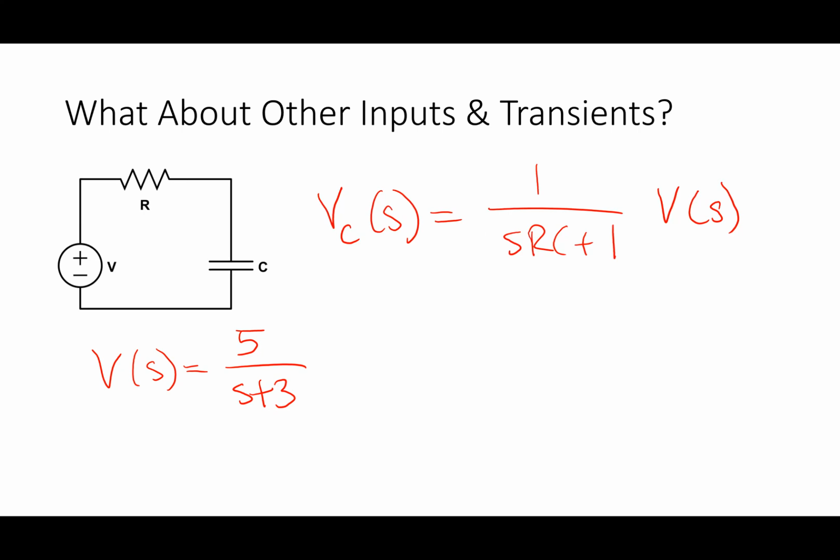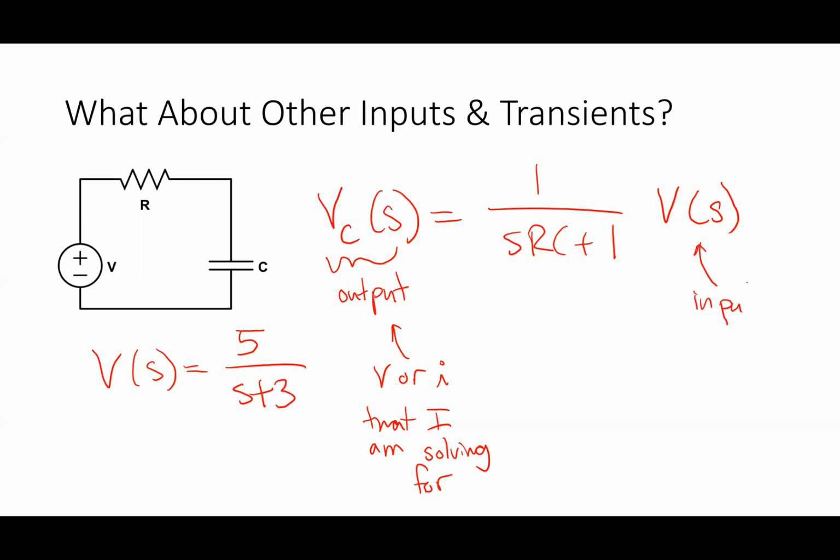So what it looks like, I keep using this term, and I'm going to refer to it again. This guy is what I keep calling the output, the thing I'm solving for. My output is the V or I specifically that I am solving for. And this guy I keep calling my input, which is the V or I I am supplying. In other words, there's a voltage source or a current source that's used as the supply for that